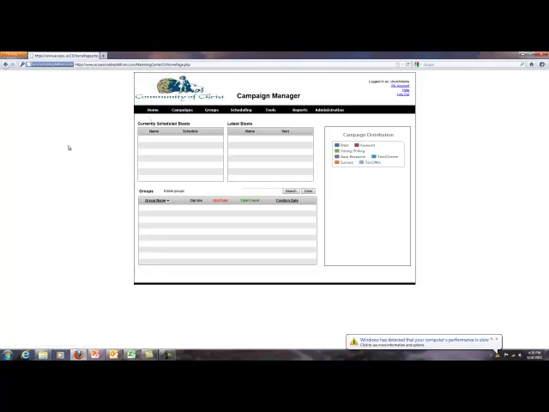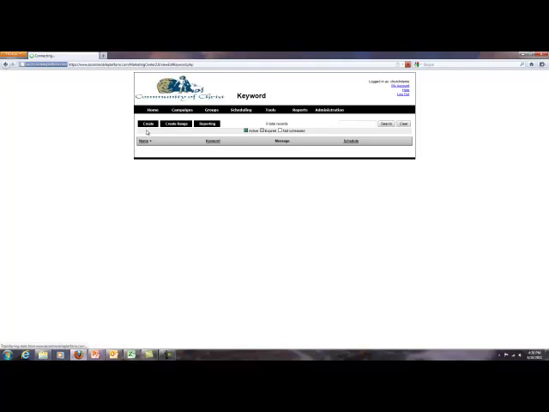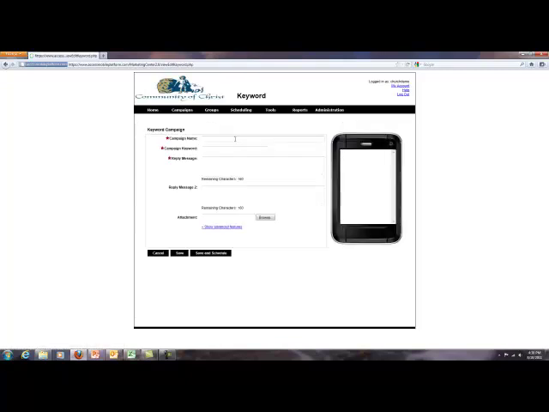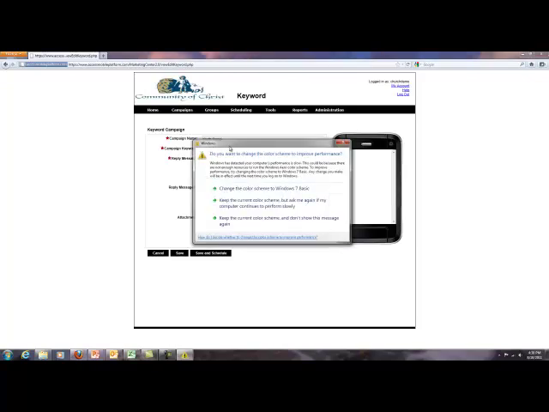So, to create a new keyword, simply go to Campaigns, Keyword, Create. Up top under campaign name, this is going to be how you are remembering it in the system. No one sees this, so we're going to do youth. This is going to be our youth group campaign. And we can have a different keyword for each of these groups. That's how we will track the databases and keep them together so we can send out messages